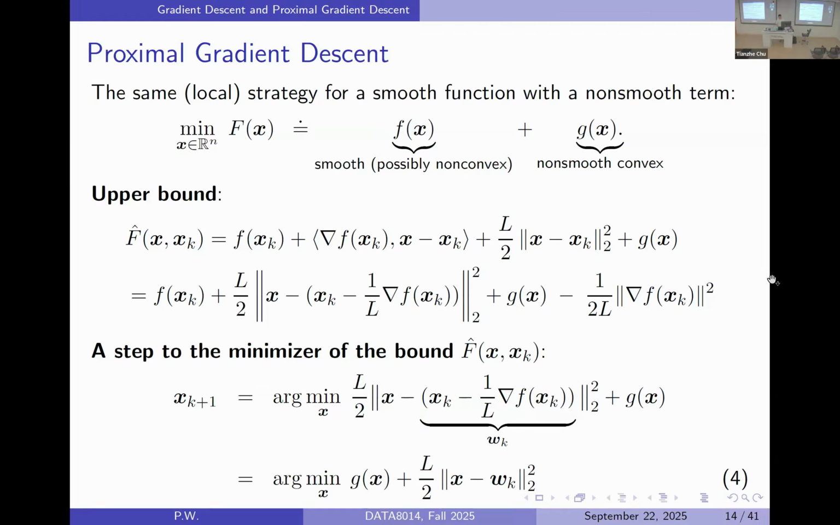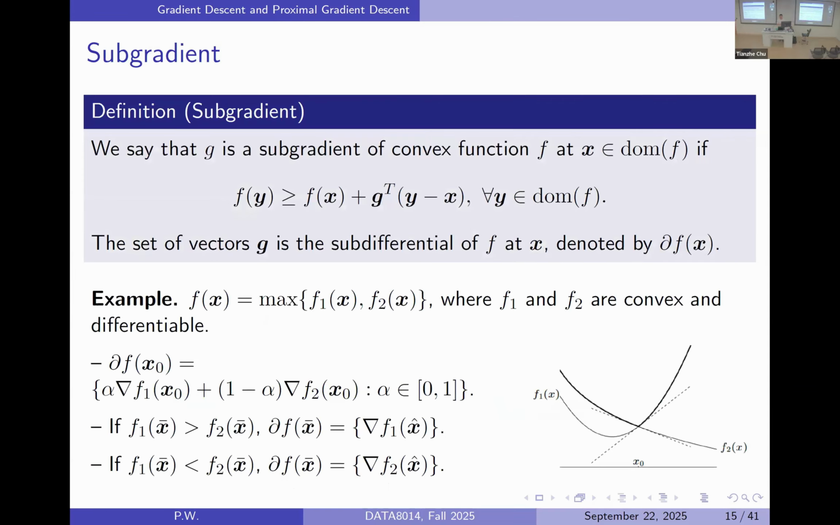Unfortunately, before I talk about how to solve this problem, we need to introduce the subgradient for non-smooth functions. Subgradient for non-smooth function, you can see here. g is a subgradient for a convex function f at x, where x belongs to the domain of f, if for any y